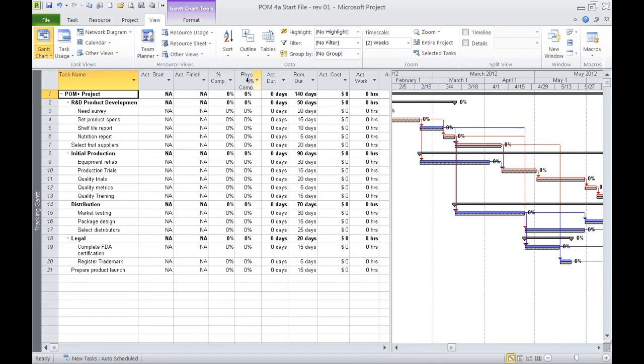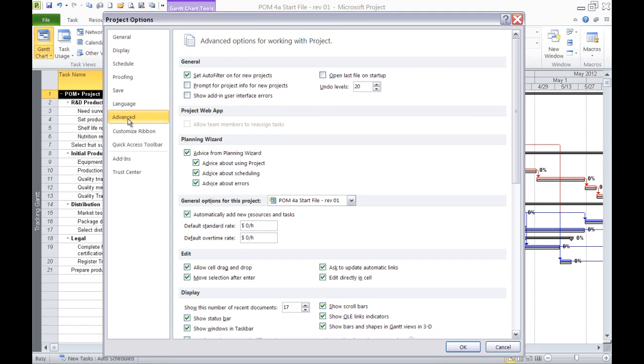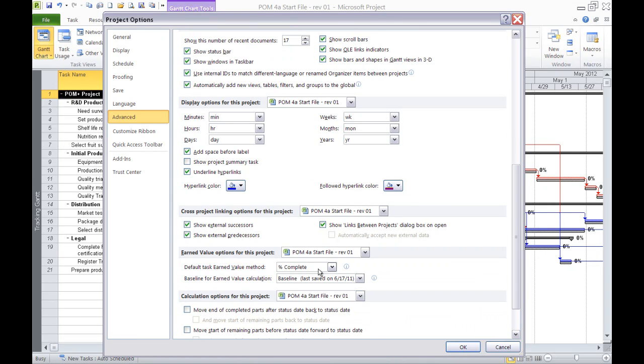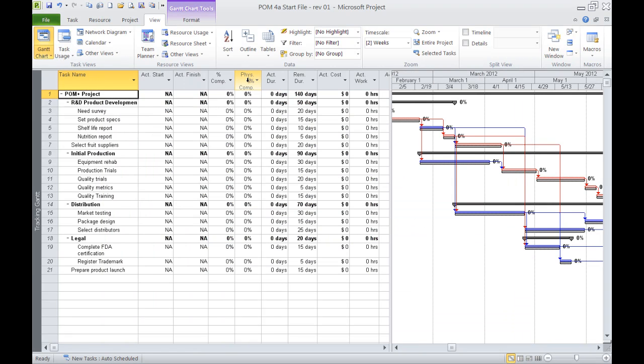The physical percent complete column is something we're going to come over here and show you, under the Advanced tab, scroll down. It's an alternative way for a project to calculate your earned value, where you can actually set it to physical percent complete. I'm just going to leave it as is, and what I'm going to do is delete that column,